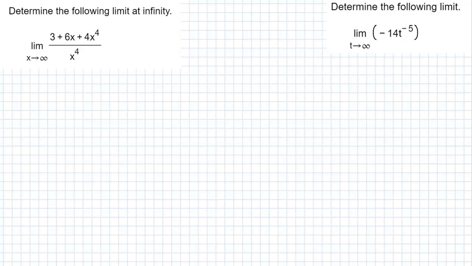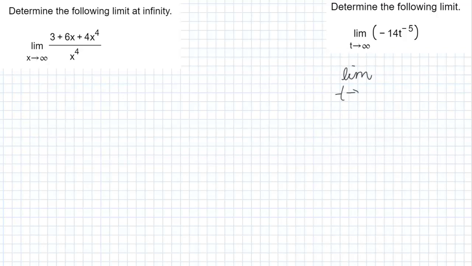We're looking at, in this problem, limit at infinity. So we're taking the limit as x, or our variable, is approaching infinity. So I'm going to go ahead and look at the one on the right first, and that is the limit